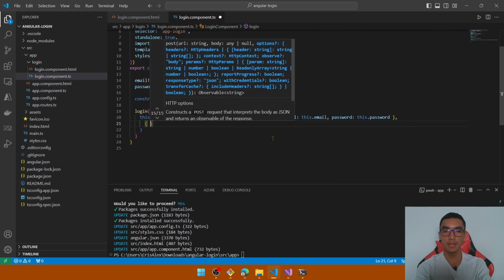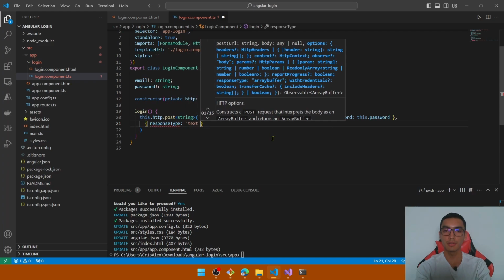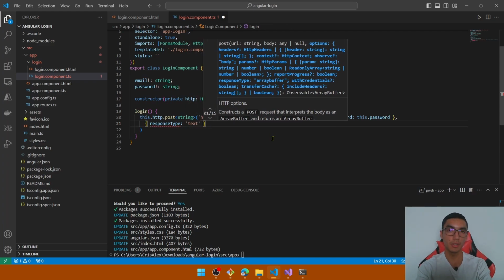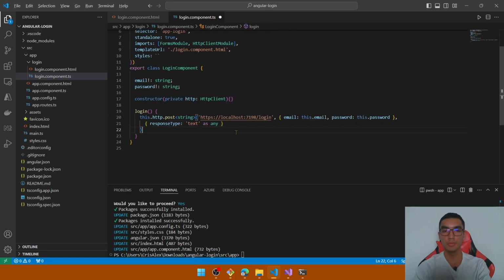So pass the email and the password. And finally, in the headers, I'll add the response type as text because we will just receive the token and not a JSON response. So let's define it as any to prevent any error, and then subscribe to the observable to get the token. So when we subscribe, we'll